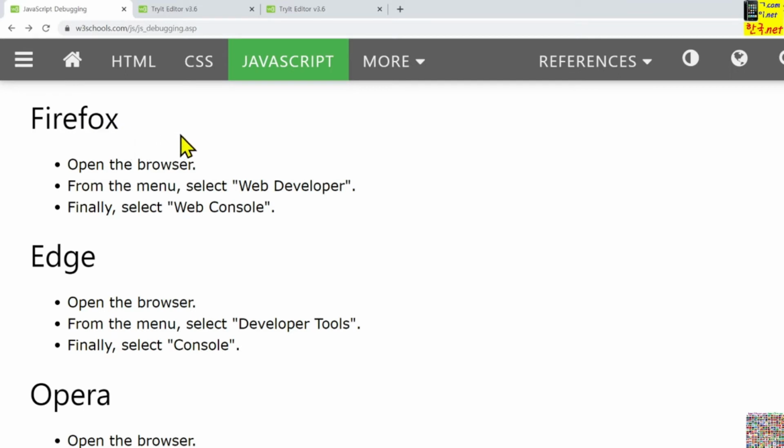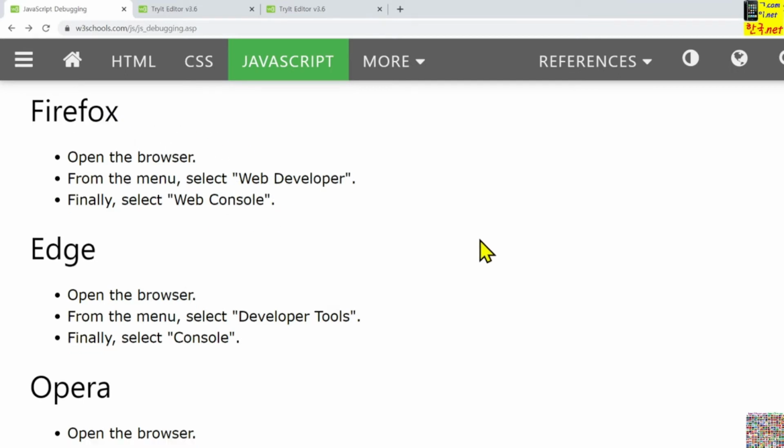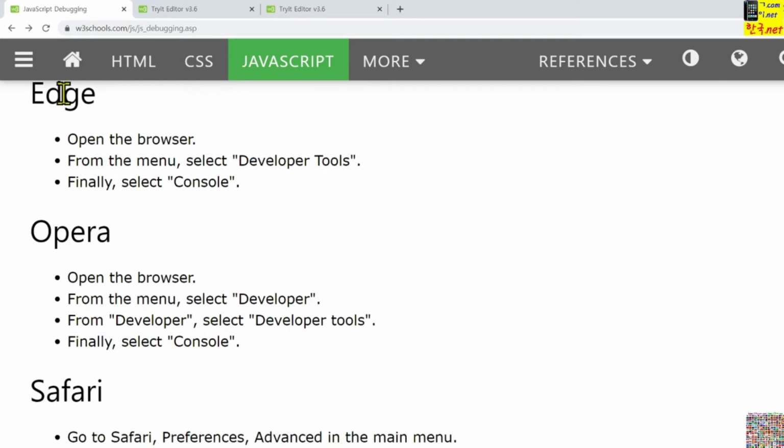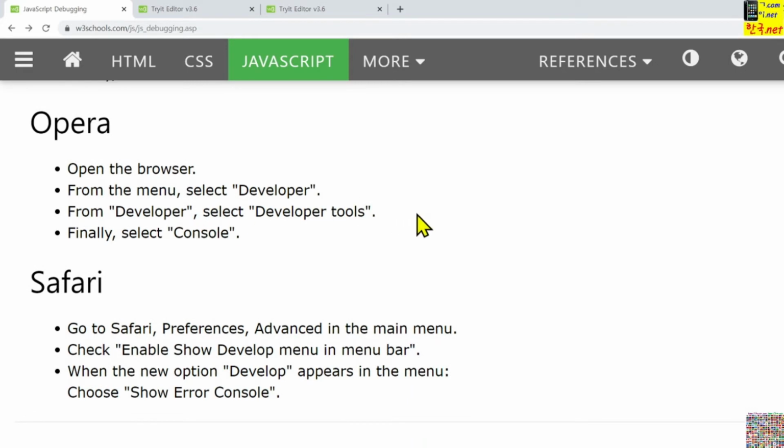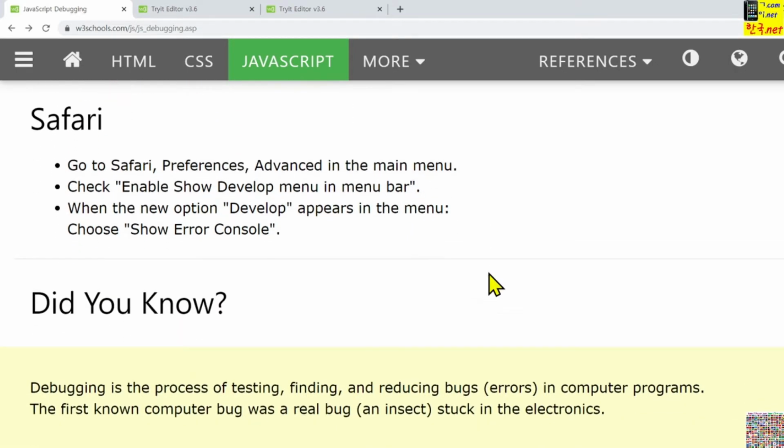If you are using Firefox, then like this, very similar to each other. If you are using the Edge browser, it depends upon the browser, but conceptually almost the same. When you are using the Safari browser, then